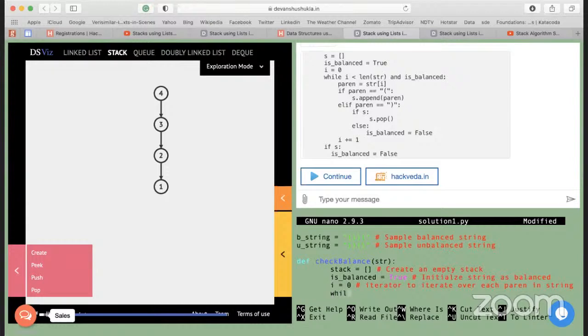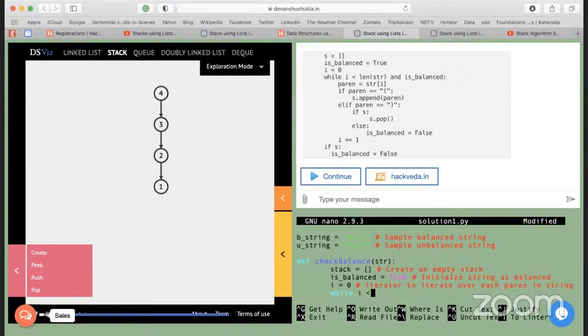I believe this is clear to everyone. Yes, sir. Now let's make a while loop now, ठीक है। Now what are we doing? We are making a while loop, and within this while loop, what are you going to do? You are going to iterate over each element within the string, okay? So जैसे आपकी B string है या आपकी U string है, आप उसकी हर एलिमेंट को आइटरेट करोगे, जब तक आपका आइटरेटर लास्ट एलिमेंट तक नहीं पहुंच चुका है तब तक ये लूप रन होगा, ठीक है।